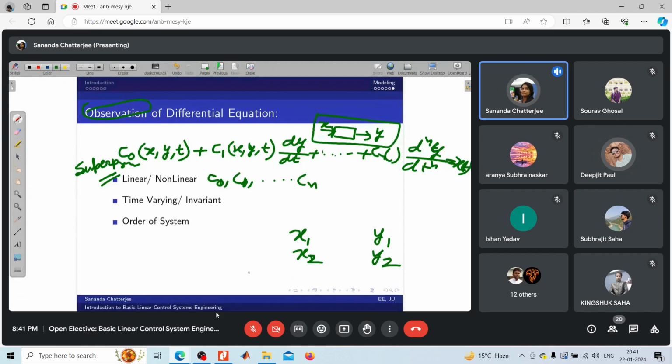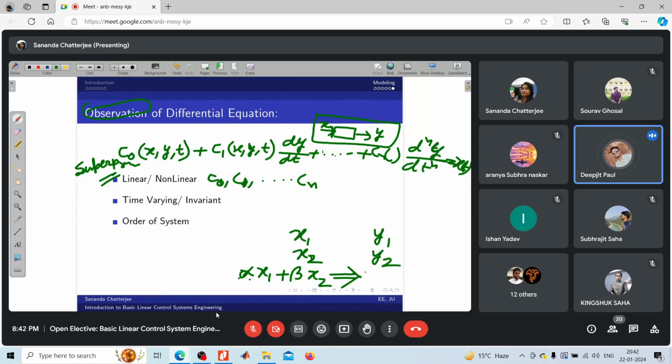what I will do, if I take a combination of x1 x2, alpha x1 plus beta x2 as my input, then if the system is linear, the output will be alpha y1 plus beta y2. And this is একটা প্রসিডিউরের মধ্যে দিয়ে যেতে হবে, তাহলে জানতে পারবো লিনিয়ার না নন লিনিয়ার,